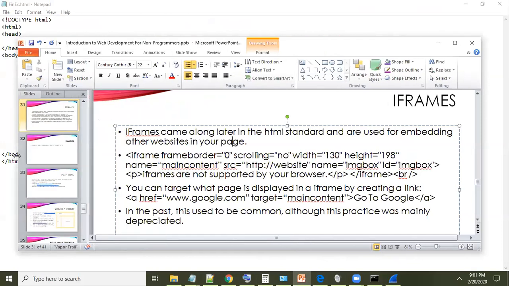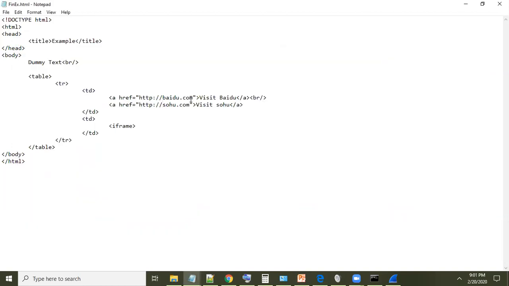Do you need to add a target to the links first? Okay, but how will it know? Okay, so let's start with the target. So I'll add in a target equals quote.